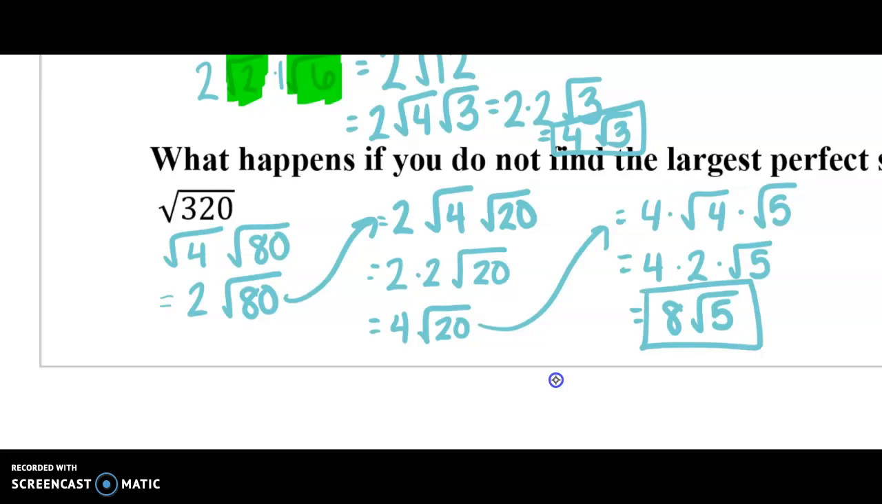So don't necessarily always stress about finding the largest perfect square the first time if it's taking you a while. Find a perfect square that works. Start getting the numbers smaller. You can see, yeah, it took a lot more steps. What you could have figured out was that 320 is 64 and 5, which would have gotten you right to this answer. But for some people, that doesn't come naturally to figure that out. So figure out a perfect square that works and then go from there. You don't necessarily